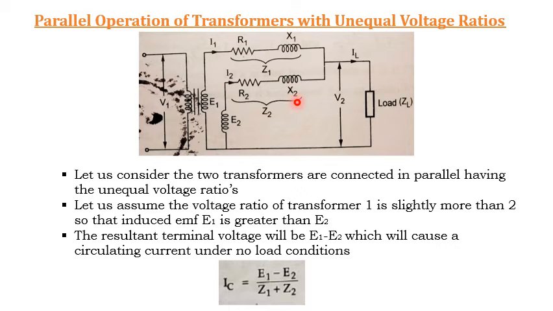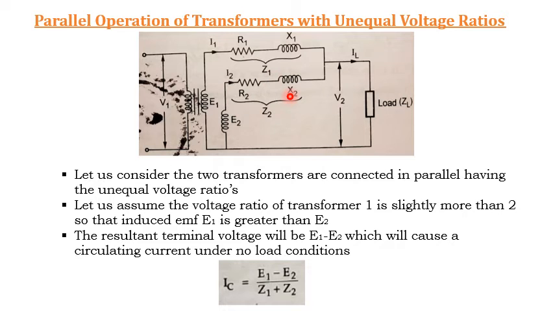You know the circulating current has some effect on the performance of the transformer. What are the effects we just discussed in the previous video? Obviously, it increases the copper loss, isn't it? So the entire performance will be decreased by the circulating current. So we need to avoid this circulating current.